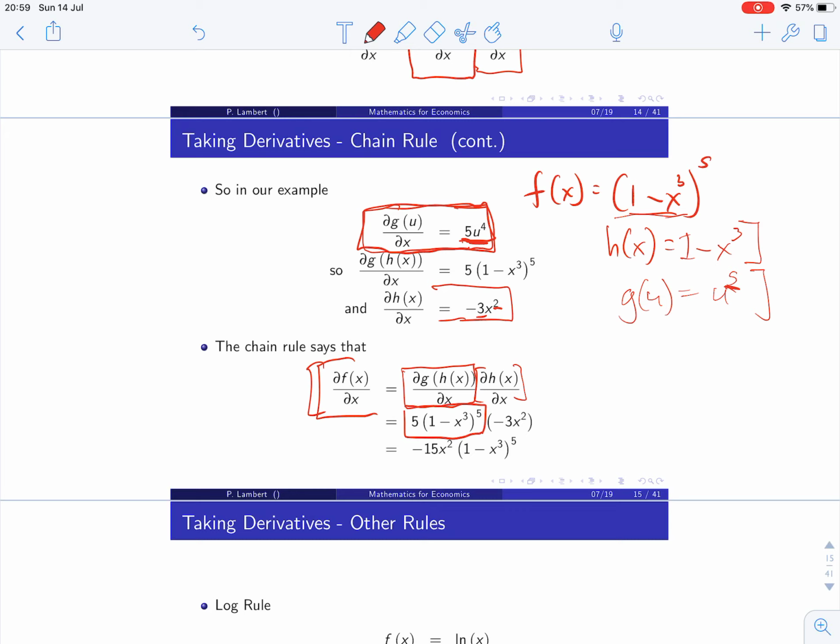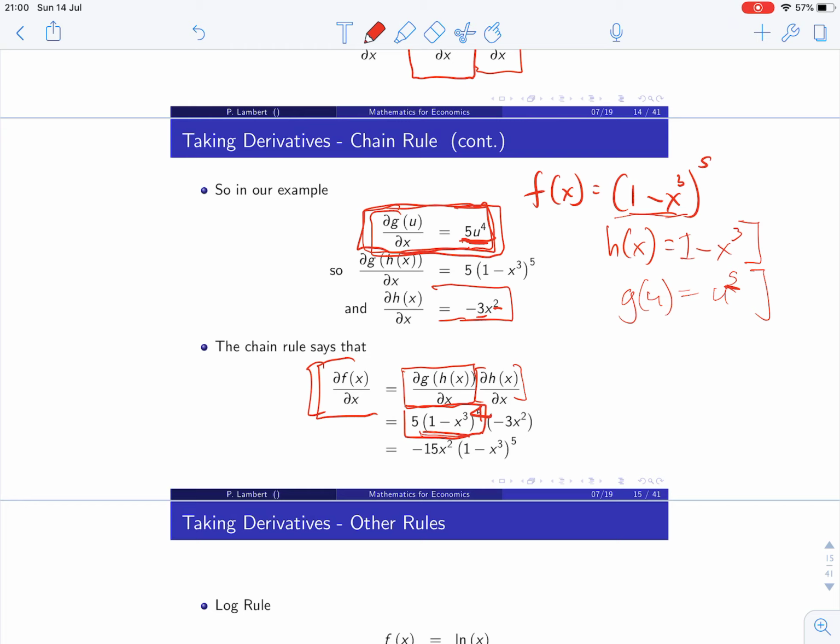So this should be a 4. There's a mistake here. 1 minus x cubed inside this derivative of the g function. I know this is getting quite messy. It's because I'm trying to rush through it, but of course, remember just to pause and have a practice if